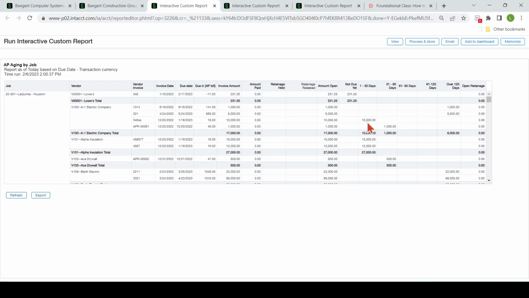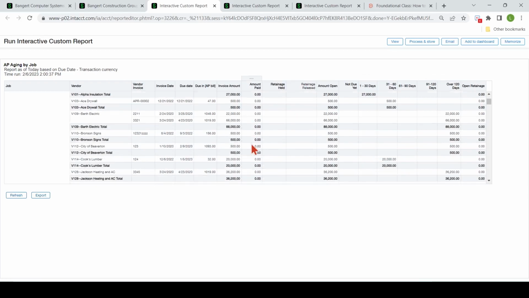That's the gist of how to view it. It uses multiple tables inside Intacct. Like the AR aging by job, you've got your job, your vendors, your amounts, your retainages, and your aging. This is a pretty common one as well.